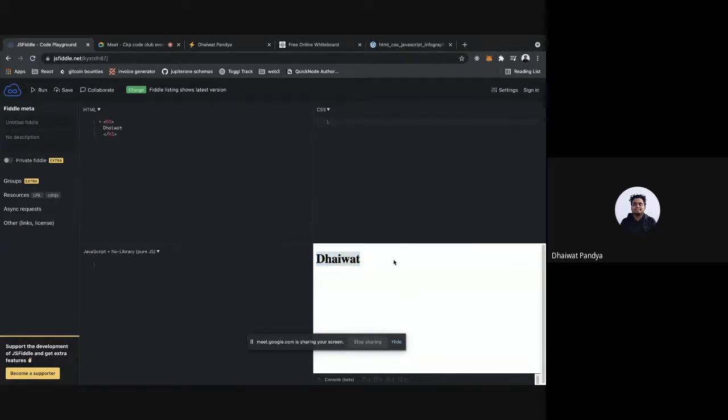CSS lets you decorate this stuff. Using HTML only, you cannot make the site pretty. This only declares how your content will be structured. If I add another H1, web development, this just basically tells the browser that I want to see two headings.